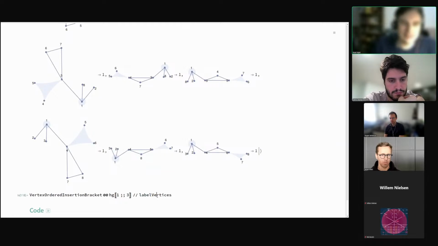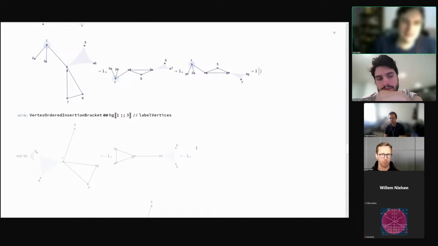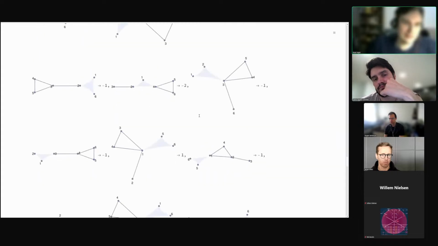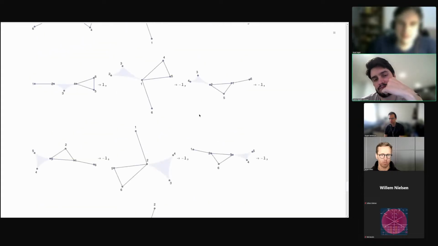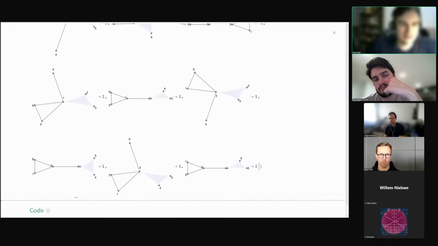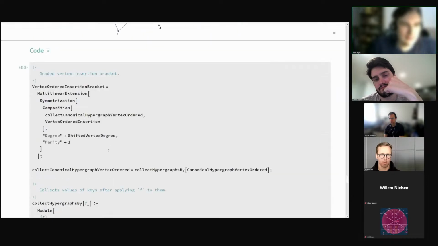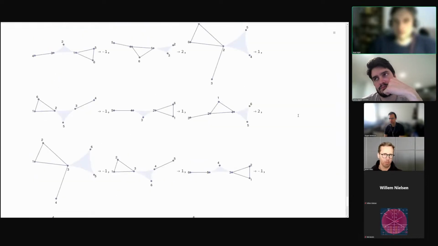But it's interesting that already on this structure there is some graded structure. It is a graded bracket. It would not exist if I did not consider the grading. But already on these there is some structure. And this code I already explained to you. Okay, good. So I can move on.